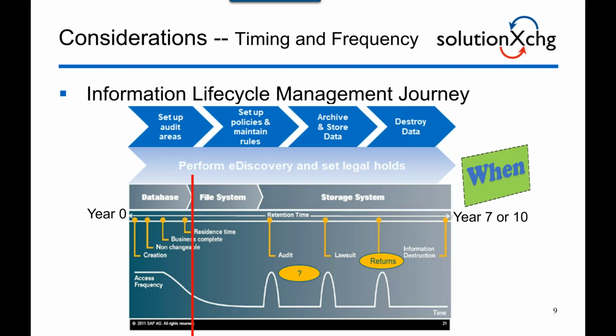The main notion is, though, that no matter where the content happens to be in the timeline, whether it's in the first year of its useful life or near the last year of its useful life for occasional purposes, such as an audit after year 6 but before destruction,